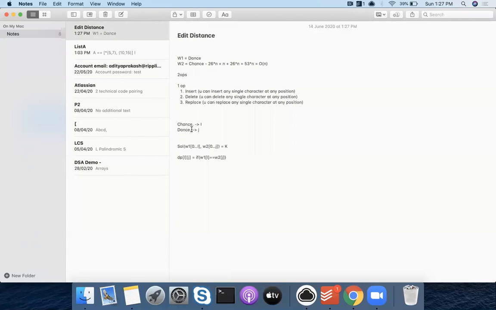All I need to do is go to dp i minus 1, j minus 1, the diagonal value. What is the answer of this? Because E is the same, I don't need to worry. So if I get this answer, I know the solution. This is case number 1, if they are the same.